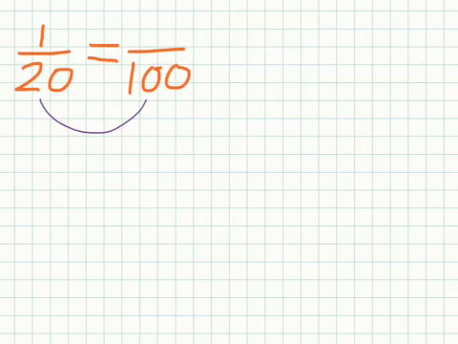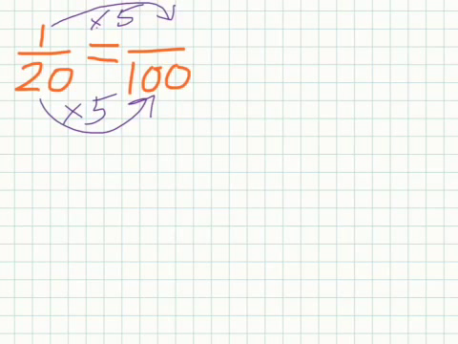What did we do when we went from 20 to 100? What did we multiply by? In other words, how many groups of 20 does it take to build 100? 5. And whatever you do to the denominator, you have to do to the numerator. Got to treat them fairly. So that's going to be times 5 there as well. So 1 times 5 is 5. So we've got this